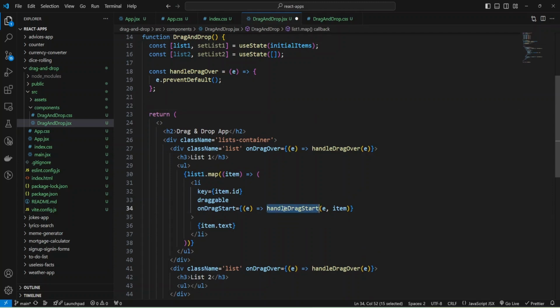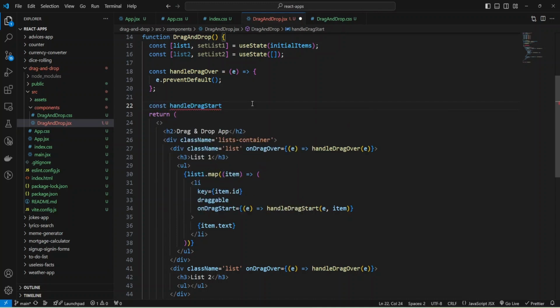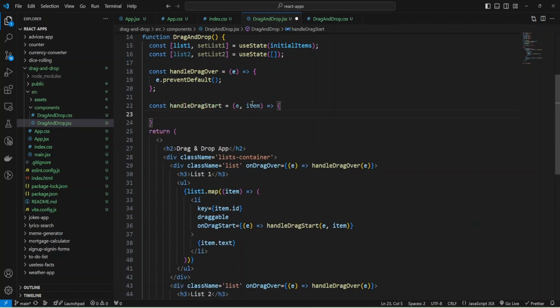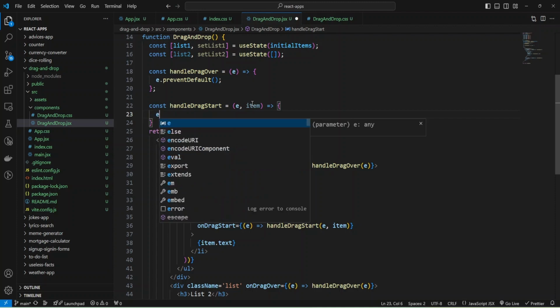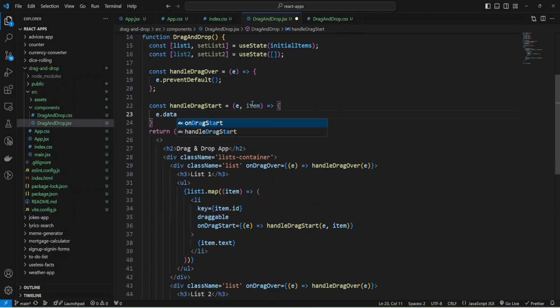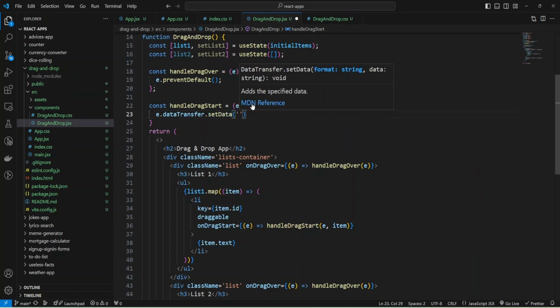And now I'm going to add new arrow function, handle drag start, and we defined that we'll pass event and item to this function. And now we can implement the code, and I'm going to use our event, and event will have data transfer attribute, and I can set my data, and I'm going to define format.